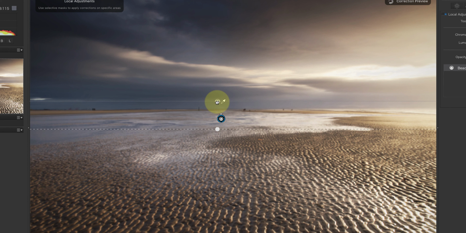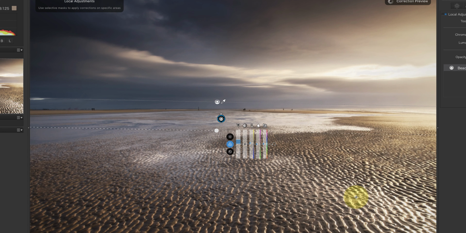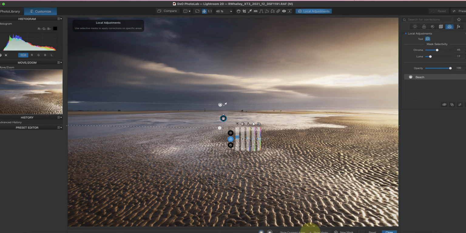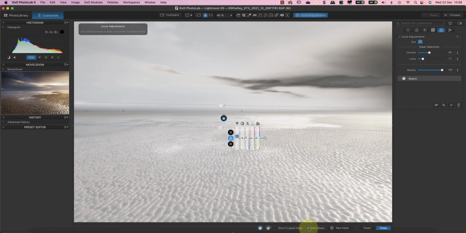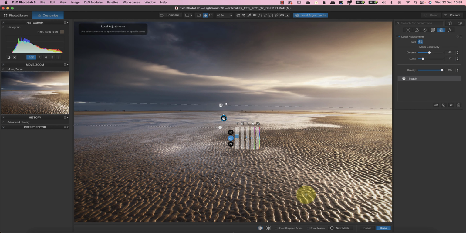What's happened is that I've adjusted the mask that I used to select the beach. Photolab has added the new control line to the beach mask, and those same adjustments are now being applied to the sky. There is only one set of adjustments for each mask, even though you can add multiple control lines to create that mask. Importantly, each control line has its own sample point which you can use to refine what's being selected. When I move the sample point for the sky, you can see how it affects the sky but not the beach. Again, when I find a position I like, I'll leave the sample point there.